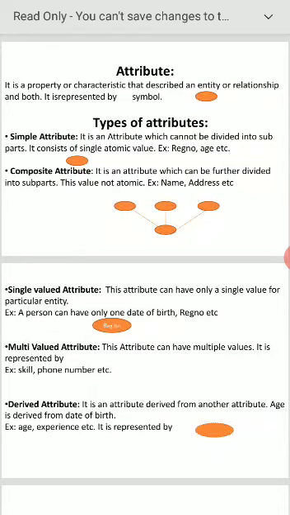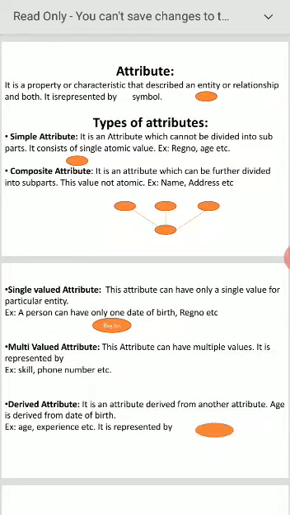That is what a single valued attribute is. Next, multi-valued attribute. This attribute can have multiple values. Example, phone number, skill, knowledge. These are multi-valued attributes.